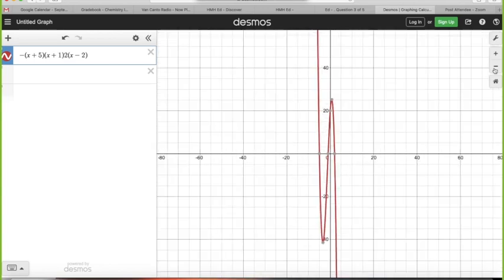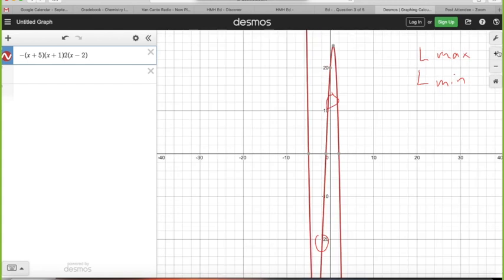So worth noting, we have a local max and a local minimum. We're going to zoom in. Our local max is at what? 10. So each one of these boxes is 2. Oh, look, it tells me. 22, 24, so slightly above 24. And then we've got